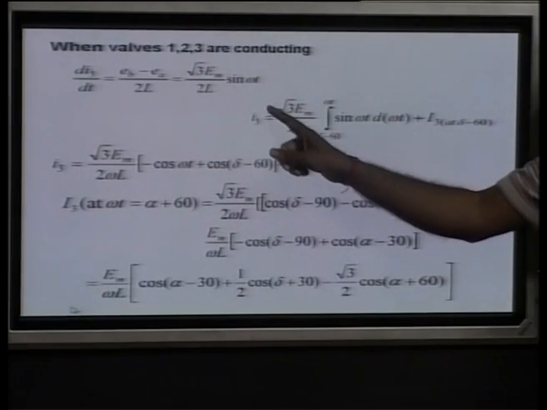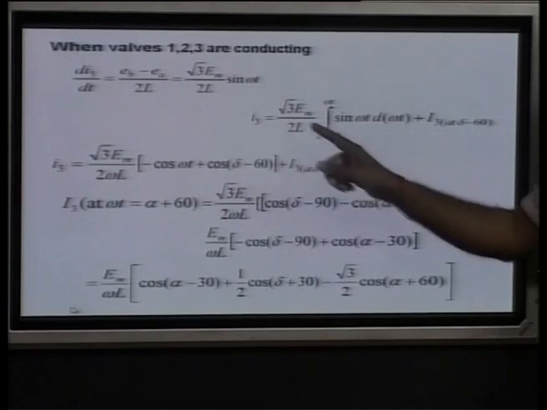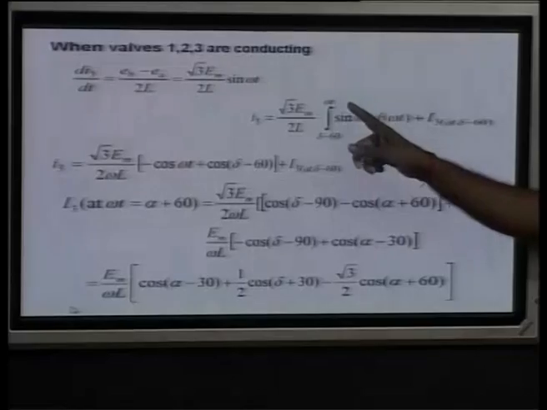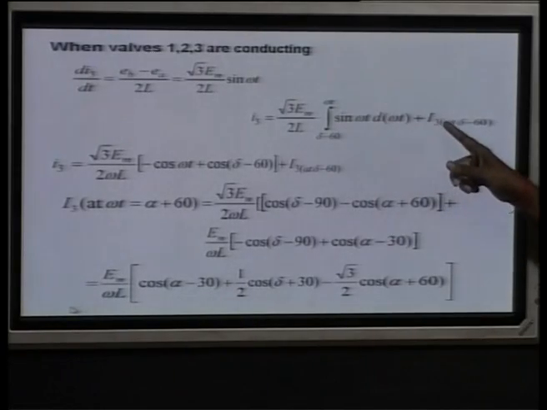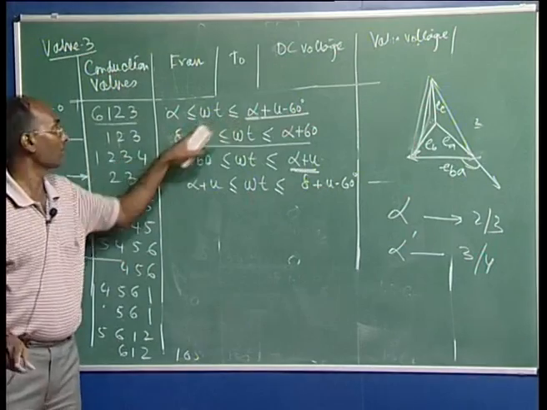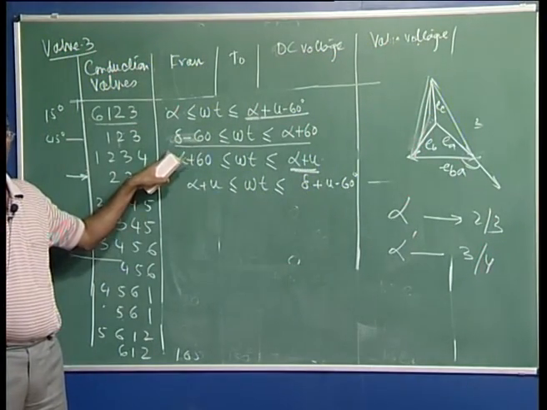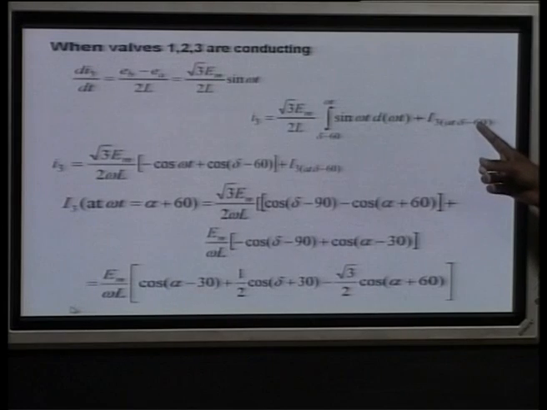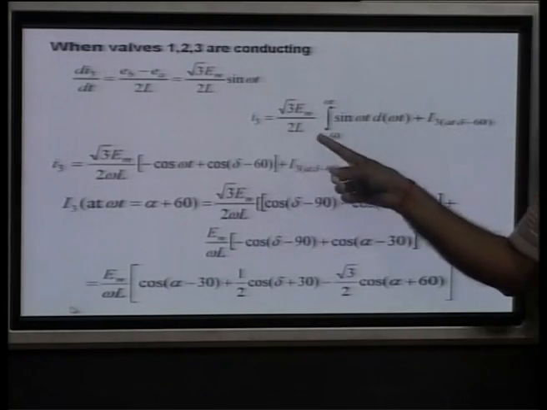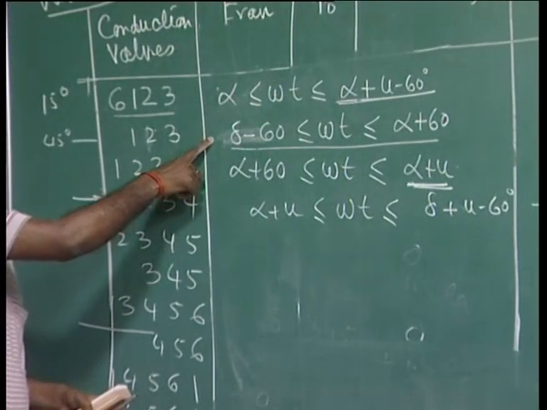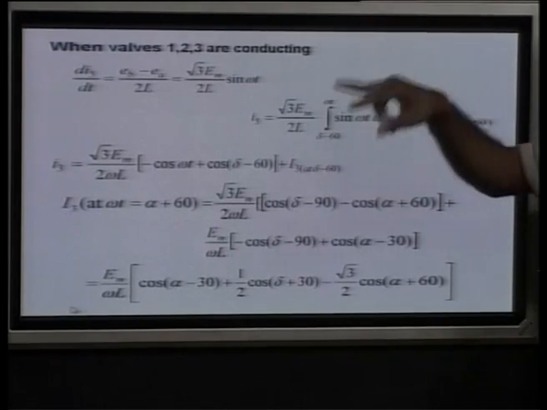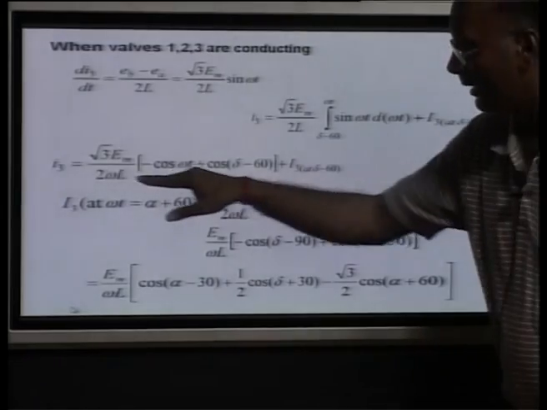So, you are going to integrate this I3. If you want to get I3, you have to integrate from the initial value to some omega t, and we are adding plus I3, because this I3 was flowing in the beginning. So, the integration, the initial current is going to be added. So, this I3 we are adding, and then this is the normal expression for this mode. If you simplify by putting this value from the previous one and simplifying all the way,